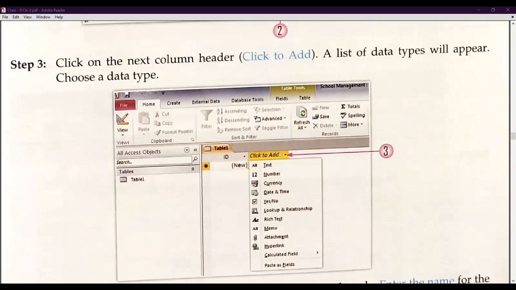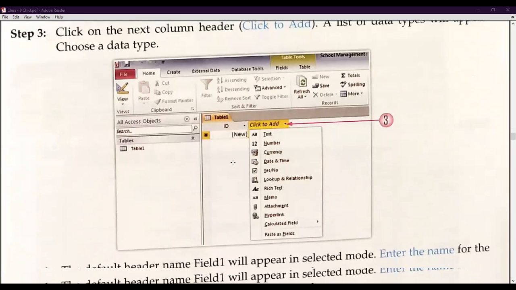Here you can see if you want to create another column, because we are going to create a table. So we are not only inserting one row, one column. So if we need to create one more column, then we need to click to add. If we click to add, then one more column will be inserted. Getting my point?